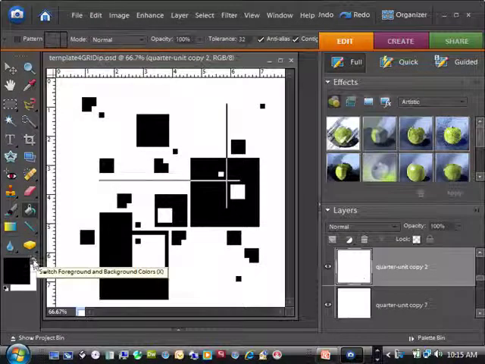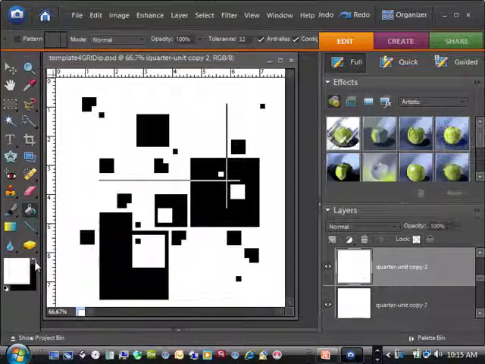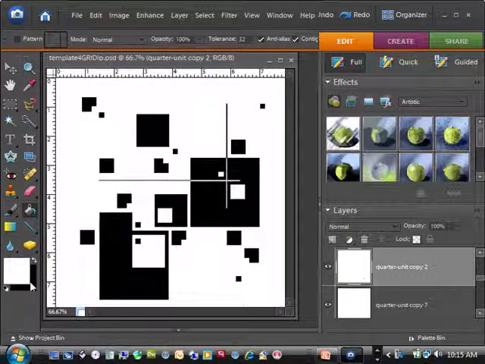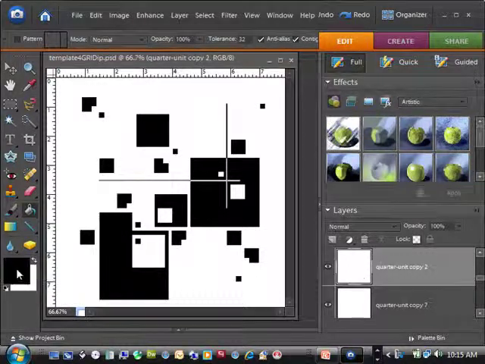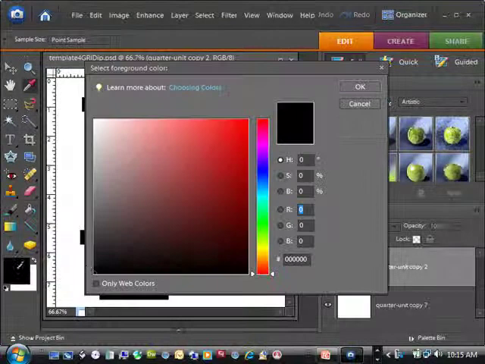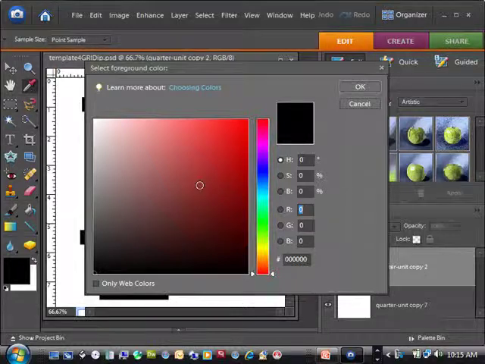This little double-headed arrow in the upper right-hand corner is to switch between the foreground and the background. And then each one of the swatches themselves is a tool. So if I go back to my default colors and I select black, click on the foreground tool, it's going to bring up my color picker. It always comes up to